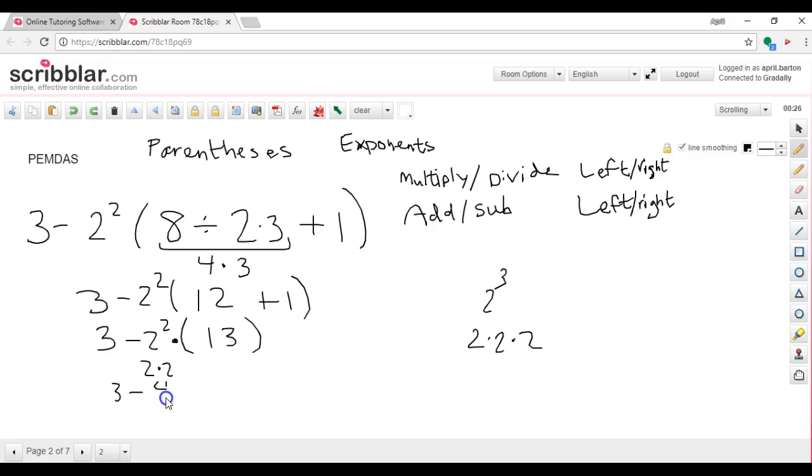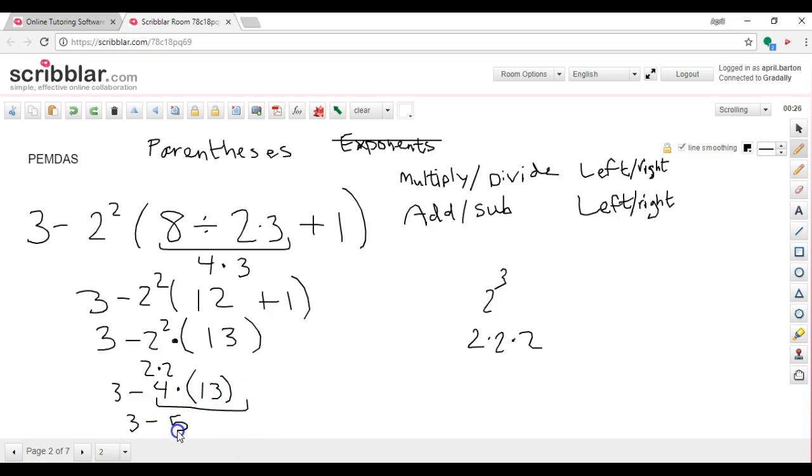3 minus 4 times the 13. We've done our exponents. Now there's no more exponents at all in the problem. And we do not minus first. We like to read left to right. That's how we read English. That's how we work. This is not the same. We must do the 4 times 13 first. Multiply comes before subtract. So we must do this 4 times 13, which is